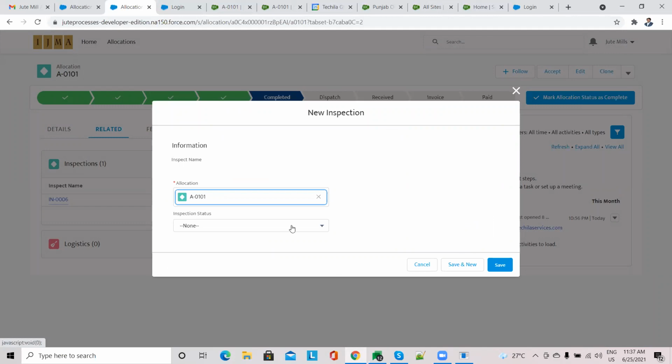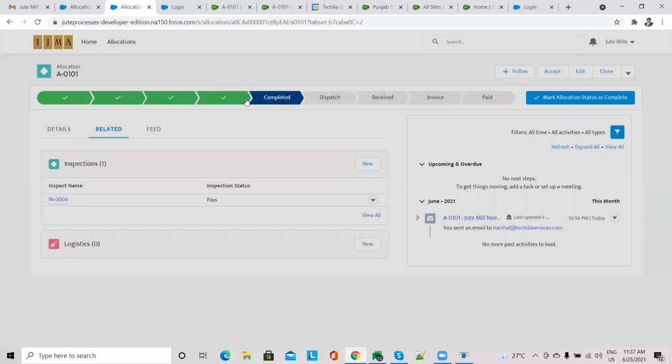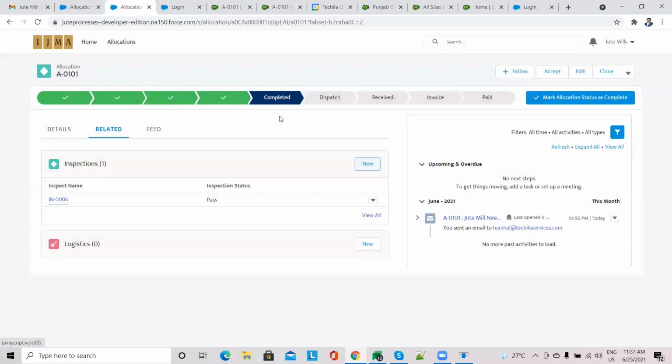As soon as it gets created, an email goes to the commissioner officer saying inspection is needed for this 500 quantity, and later they can come back and add another 500. Unless the total quantity has been inspected and approved, the allocation status will not move to inspected or completed. These are a few additional things we can always implement.